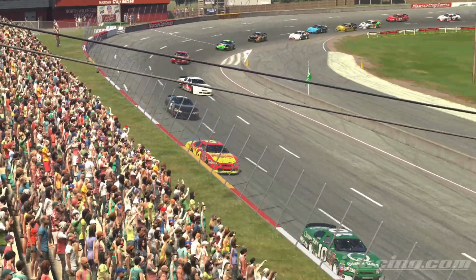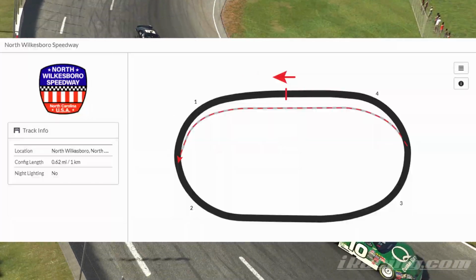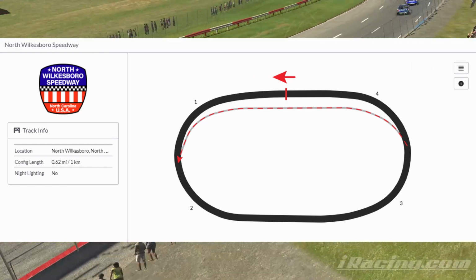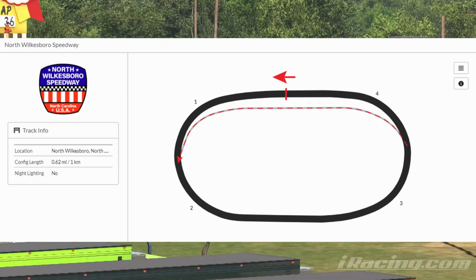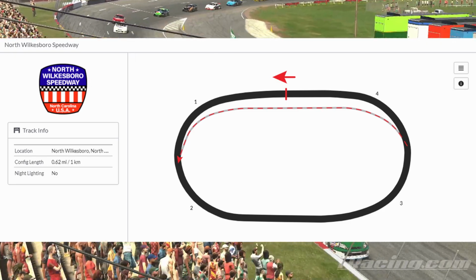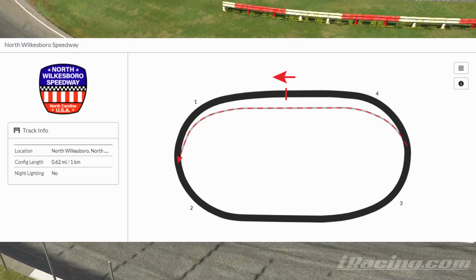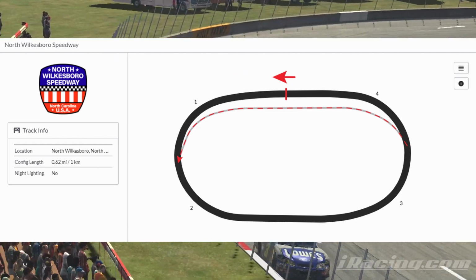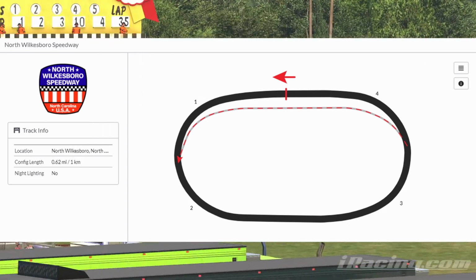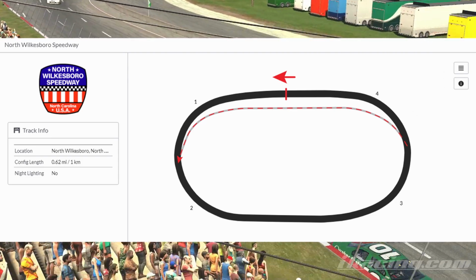So let's go ahead and pull up the track map here, and we'll talk about that for just a second. So here it is. On paper, it doesn't look too insane, but as we talked about, the front stretch points downhill. So that makes your entry into turn one really sketchy because you have more weight on the nose of the car already because you're going downhill. And then when you get on the brakes, it really pitches forward. So you don't have a lot of weight on the rear tires, and it really wants to come around on you and get kind of squirrely until it settles into the track